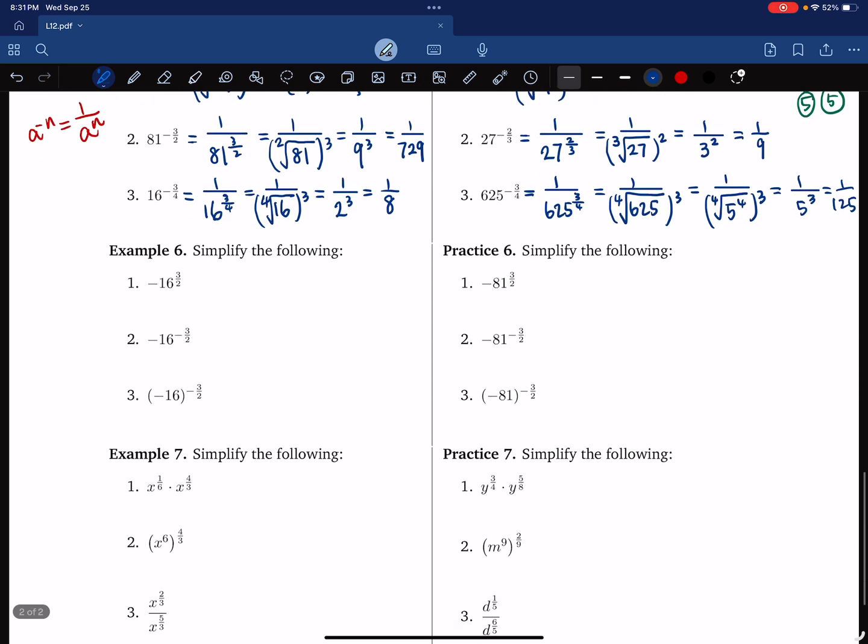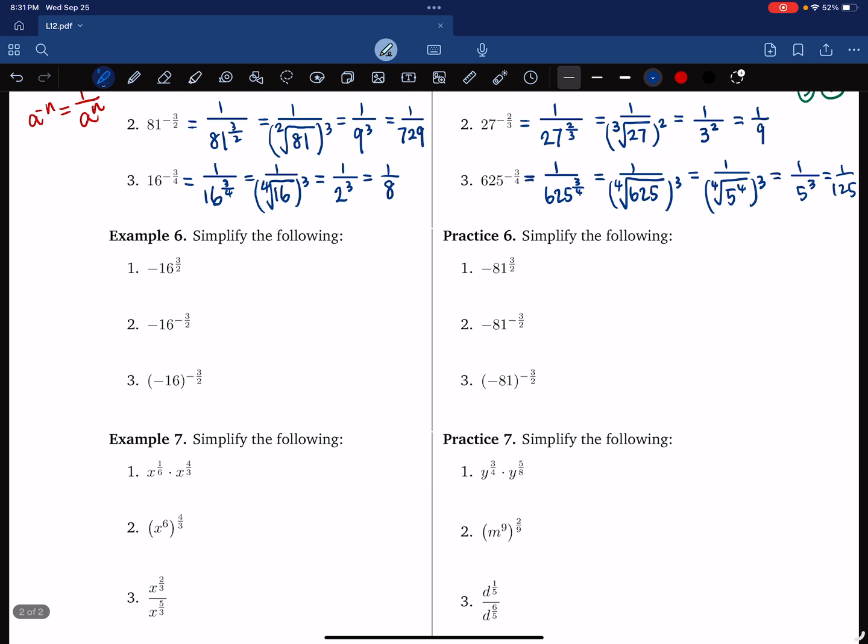Okay, example 6. Example 6, we have a lot of negative signs, and these three expressions look all very similar, so you have to be very careful. Let's start with number 1. In number 1, the negative sign is not part of the base because there's no parentheses, so I'm going to copy it, and then I'm going to convert this part right here